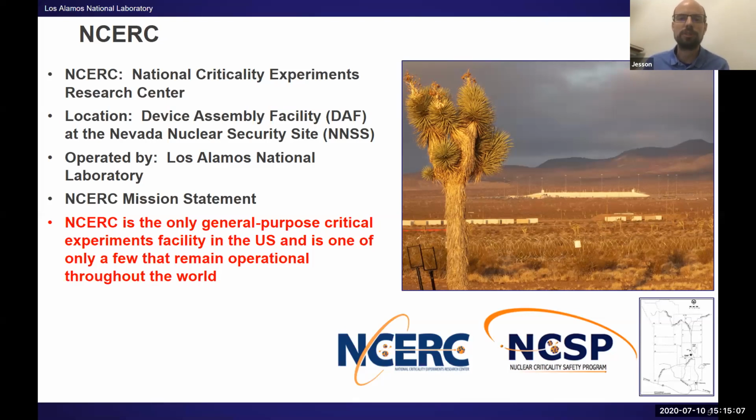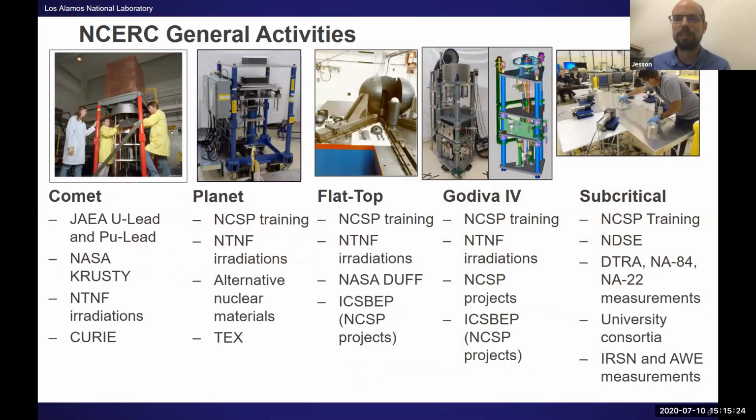There's lots of great research being done at research reactors and other types of facilities, as you all know. We're just the only one that can do this type of research with high quantities of special nuclear material. And we'll show what a lot of those experiments look like here in just a second. So we have 4 different critical assembly machines, and this slide sort of goes over some of the types of